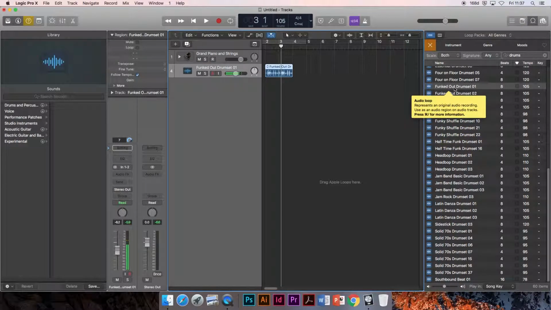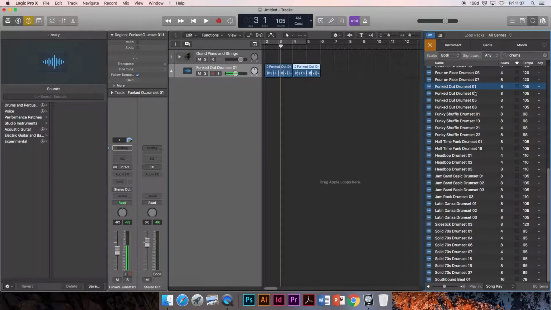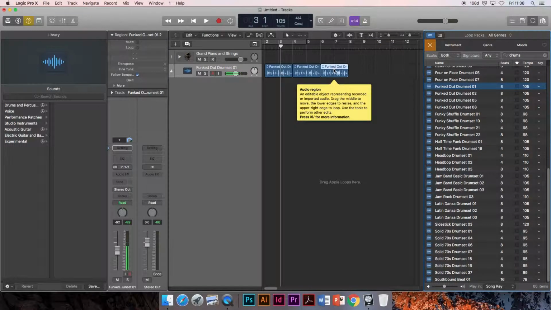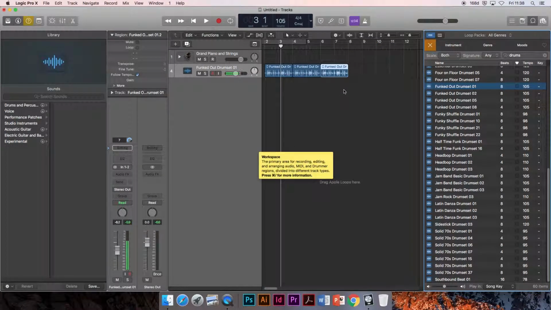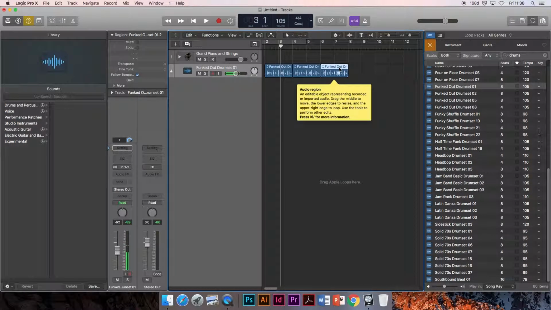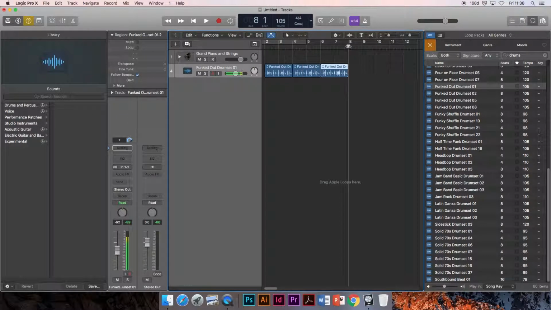So the first thing I can do is I can just simply go back to my Apple Loops. I can drag the next one in, drag them in like that. The next thing I can do is I can use copy and paste, much like how you would with Microsoft Word. So I'd highlight one of them and I would hit Command C for copy,